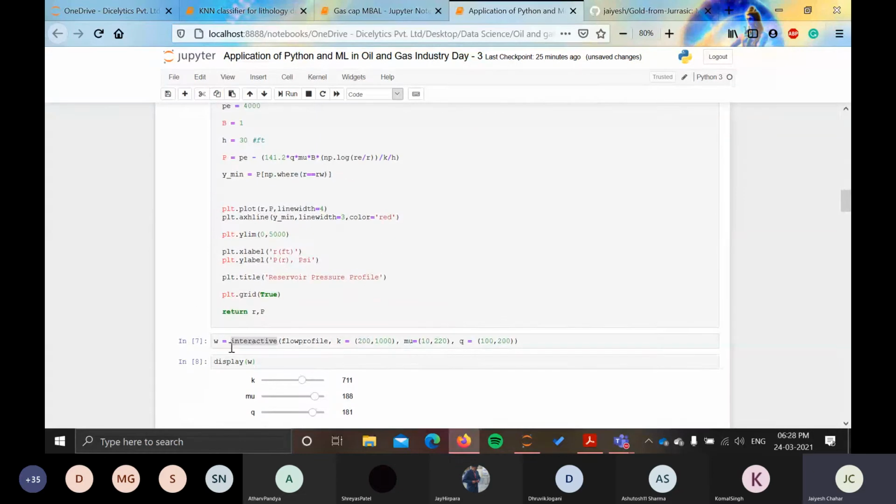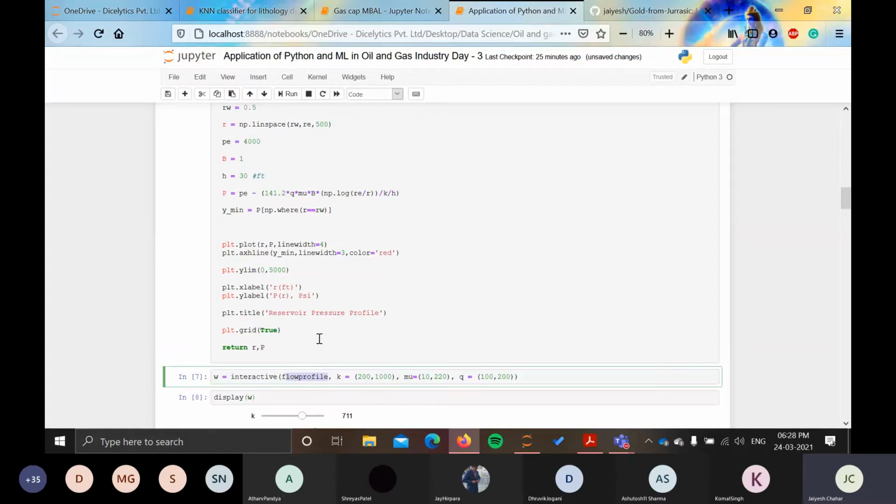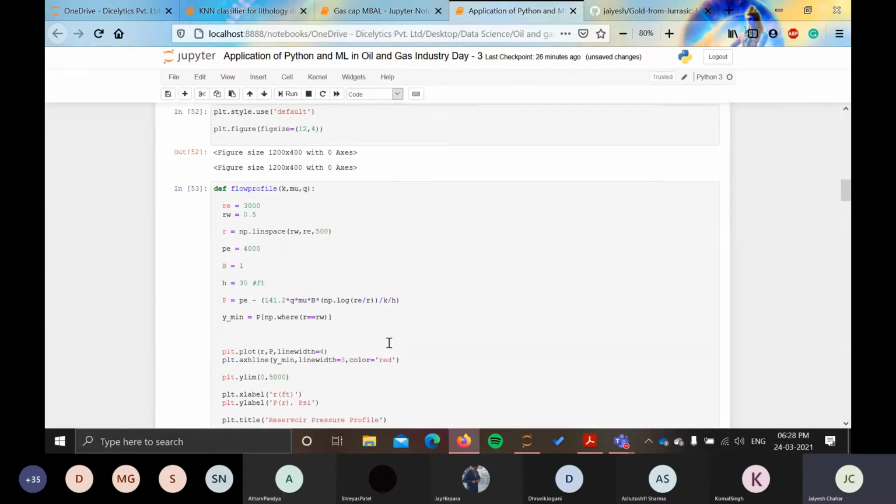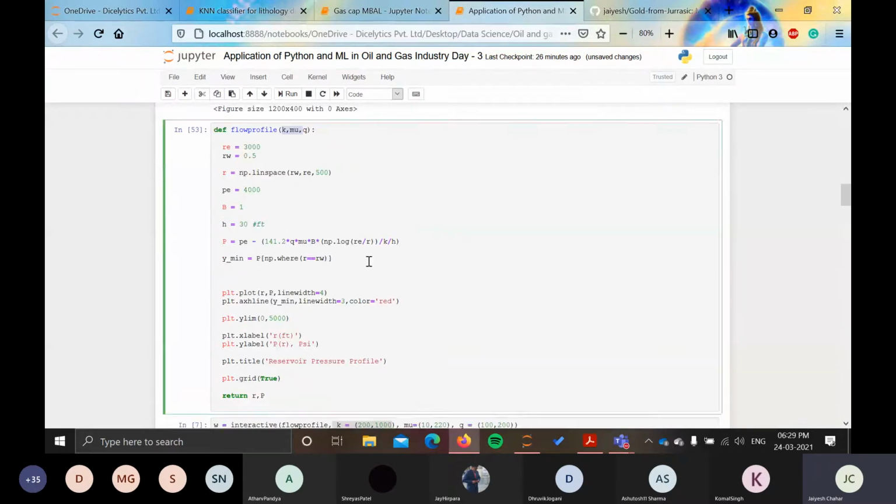So I have used interactive and given the input of the function that I have defined, that is, the function on which I want to make my plot interactive. After that, the range of values of permeability, viscosity, and flow rate that I have given as the input of the function, right?